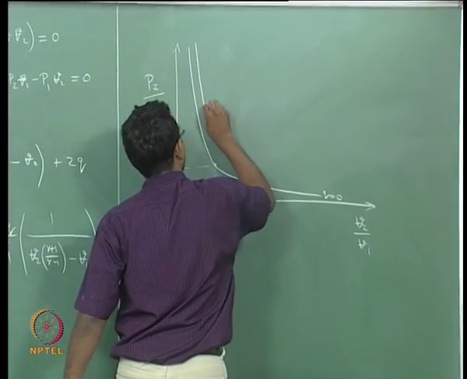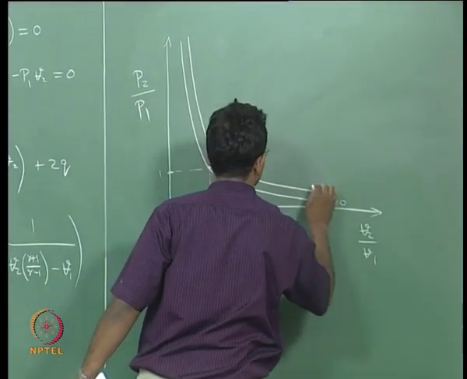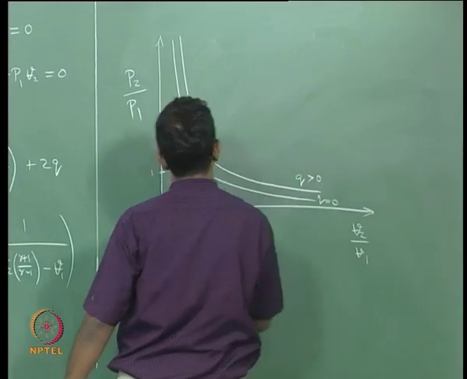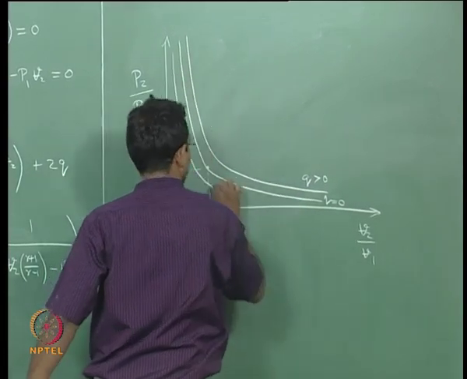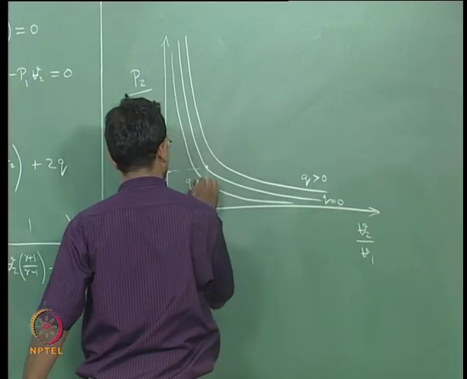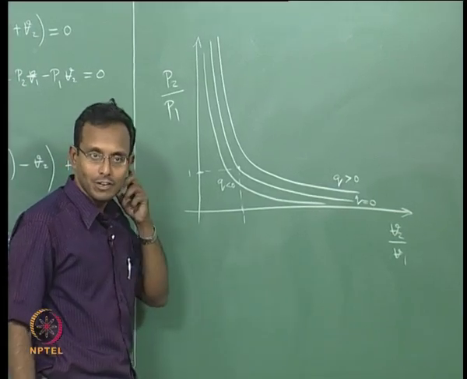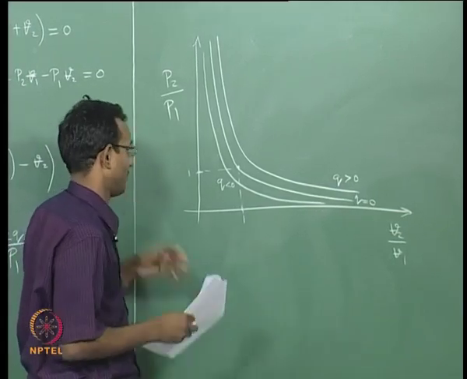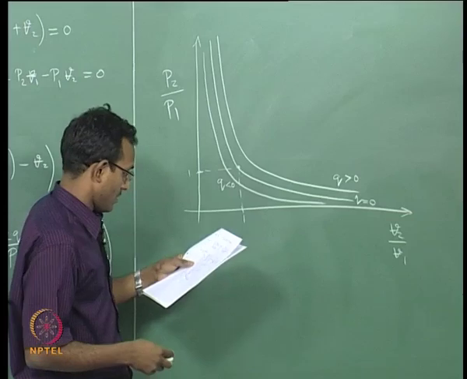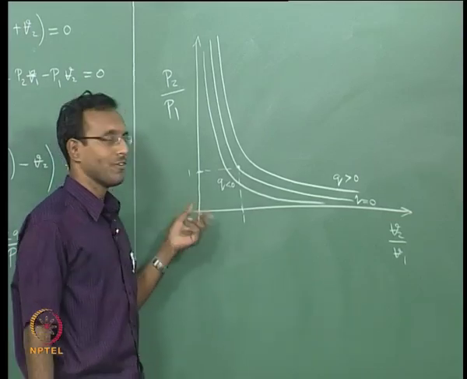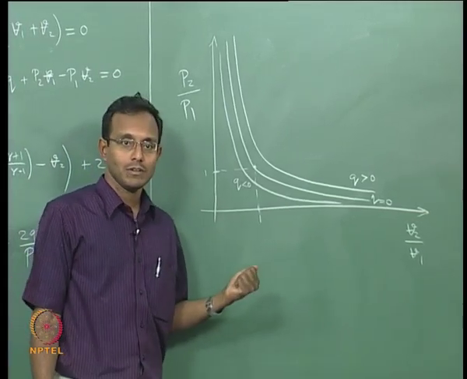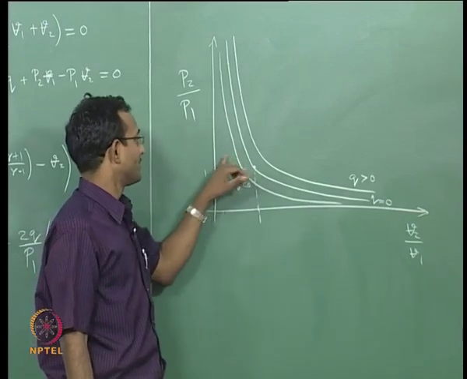Q will be, for q greater than 0, it is going to be like this, and if q is less than 0, that is I am cooling, that will be like this. Okay. These are your curves, this is how it will be. Now, if I want to find what is my final state P2 V2, this particular curve, set of curves